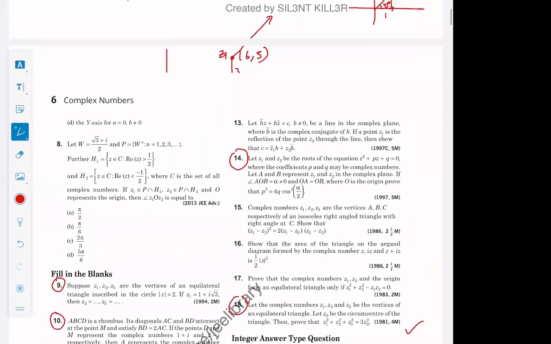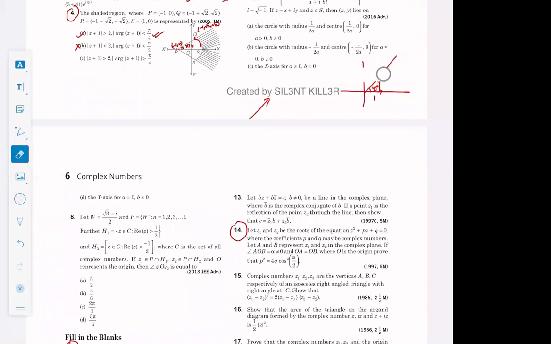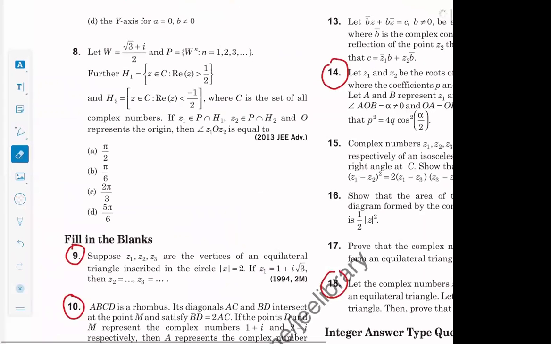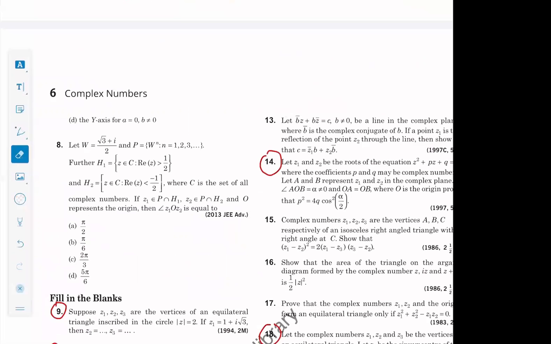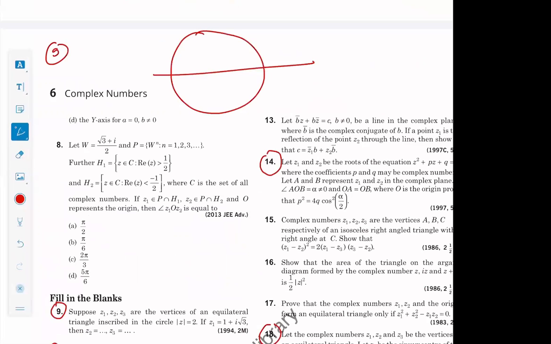बच्चों क्वेश्चन नंबर 9 देखिए। क्या लिखा है? एक सर्कल है, there is one complex number z1. z1 is 1 comma root 3. So this is the complex number 1 comma root 3,